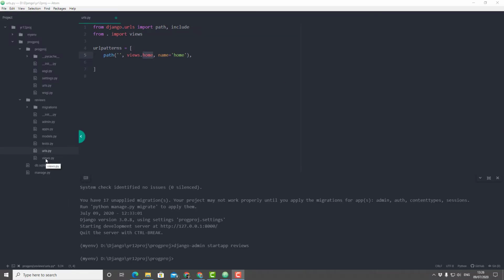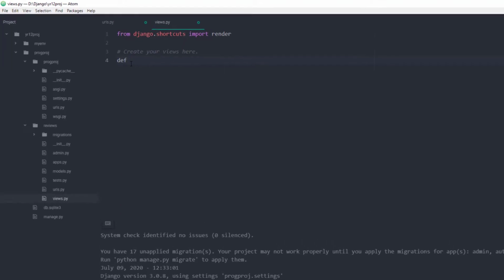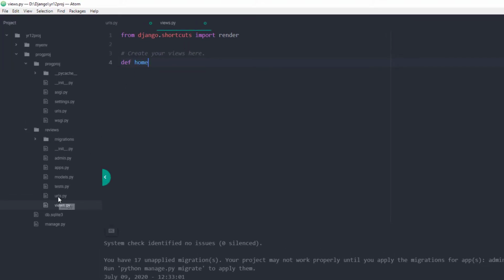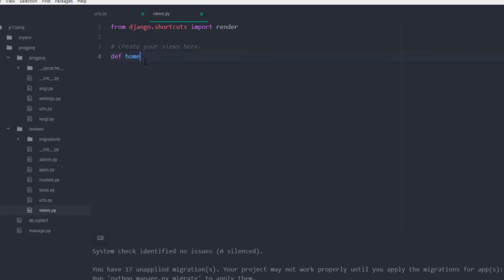My next thing now is I want to go to the views file, and I want to create a view so that I can generate a page. So here I want to say define, just like how we would in Python. I'm going to say home, because if you remember, in my URLs file, I said that the function I want to call is home. So inside the views file, call a function called home. I'm now creating that. I'm going to say home, request, and once that is run, I want to return